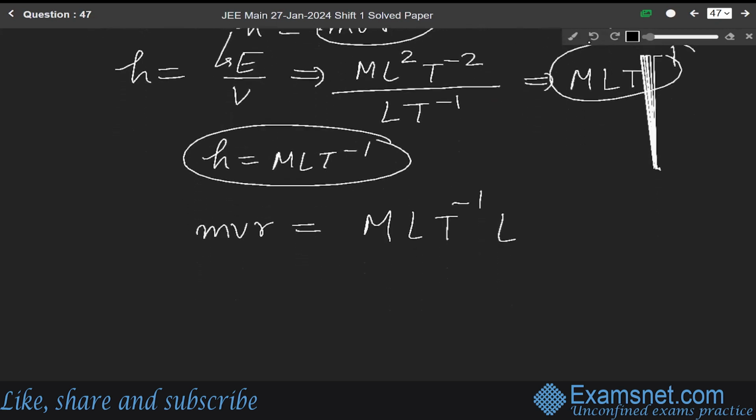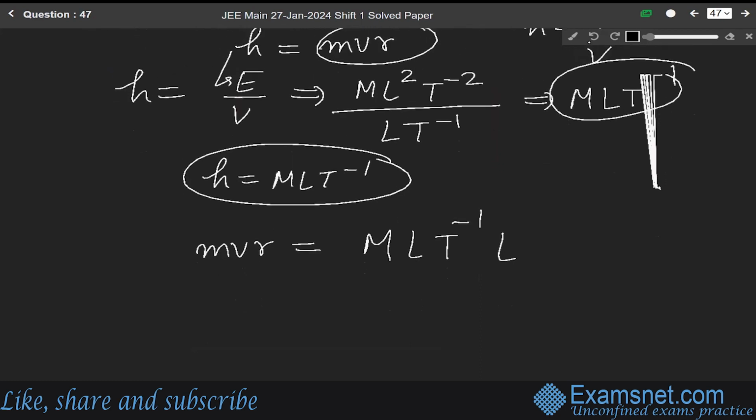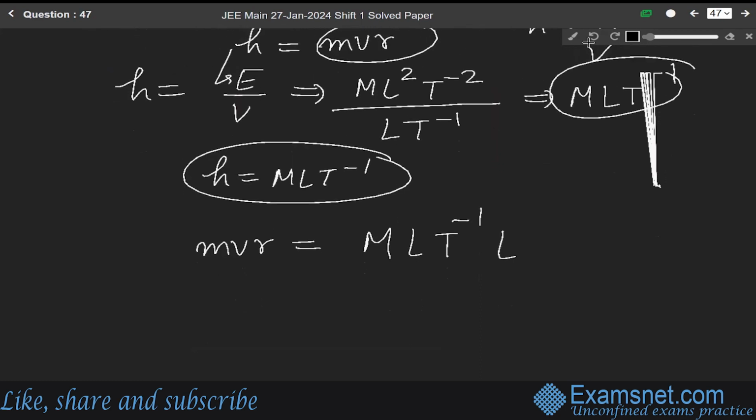Okay, so dimension of what? Sorry, it is L cube. Yeah, this will be L square, LT minus 1. So the MVR will be M L square T minus 1. So dimension of H and MVR are same. Okay. Now,